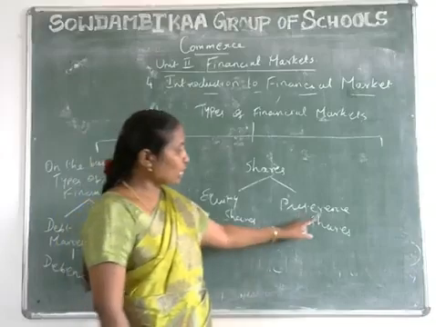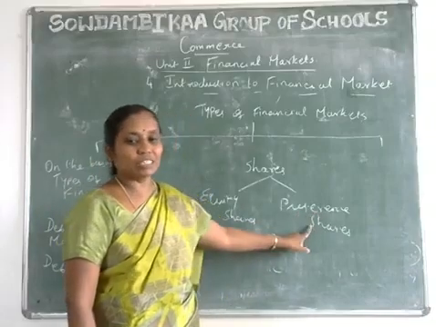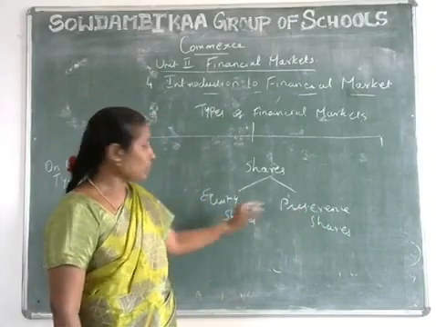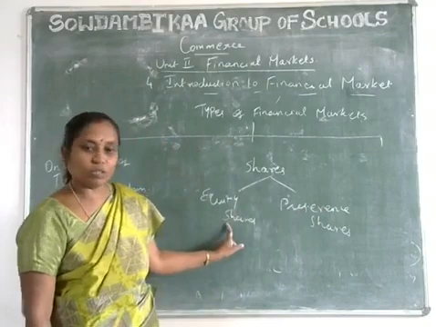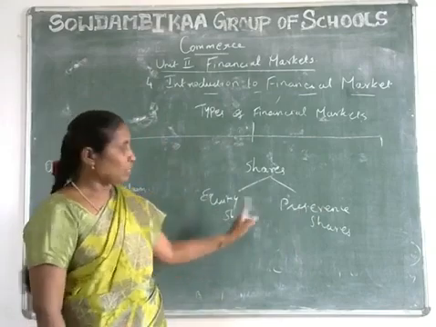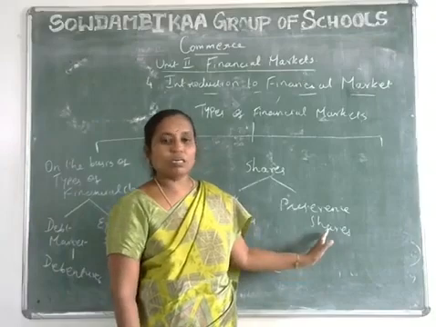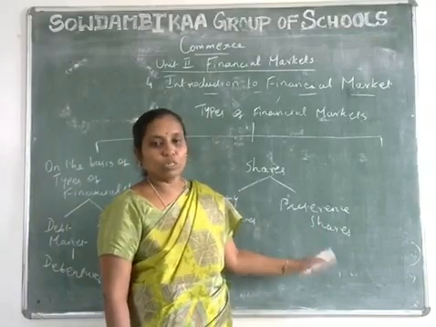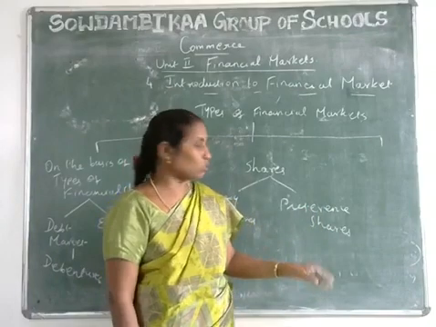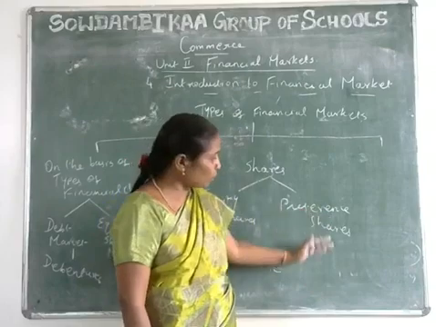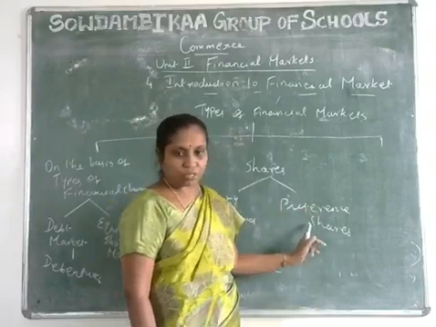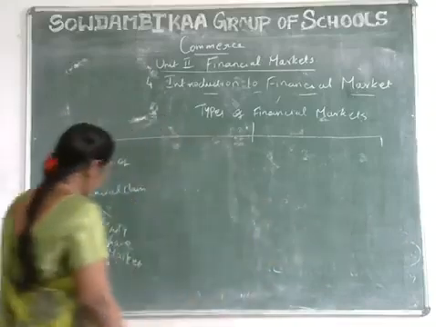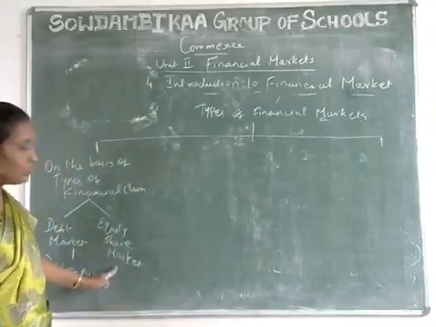And preference shares means some preferential rights are given to this kind of shareholders. What are the preferential rights? Equity shareholders also participate in the losses. But preference shareholders sometimes do not participate in the losses. They participate only in the profit, and this year's profit is also paid the next year. That is called preference shareholders. You have many types of preference shares. I will explain later. Okay. Next one is equity shares, this kind of market trades the equity shares.